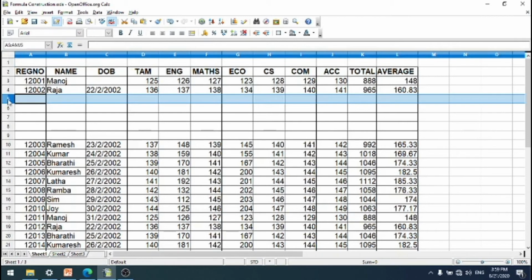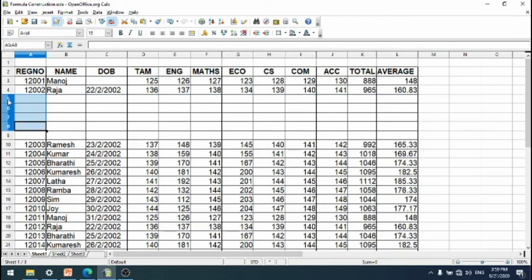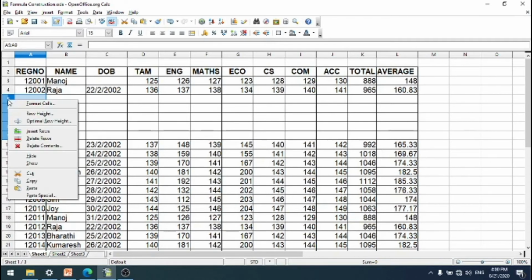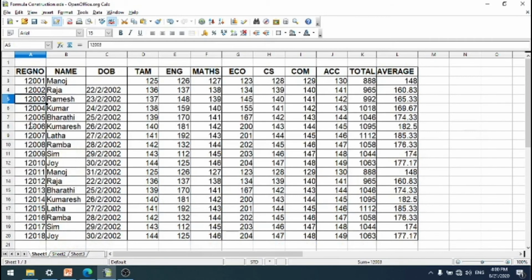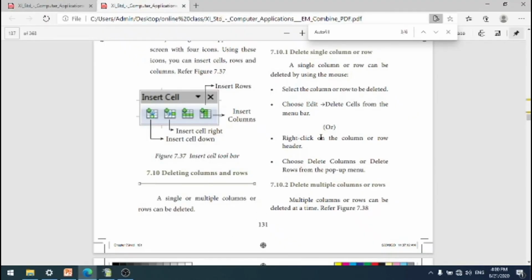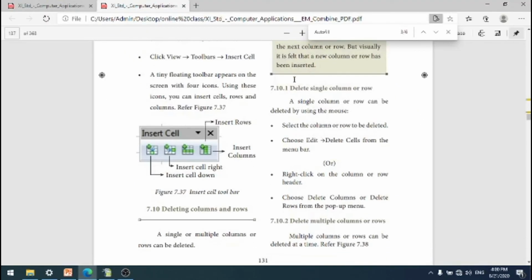You select the rows which you are going to delete. So I am going to delete the empty rows and then place the cursor on the right side and click the mouse right button, then select the option delete row. So the empty rows have been removed or deleted. Okay, what we have studied is all given here.